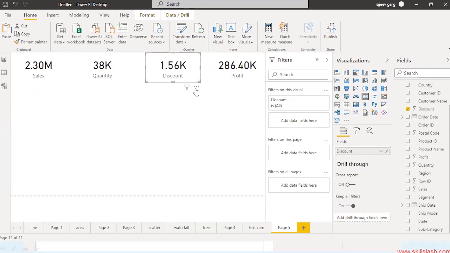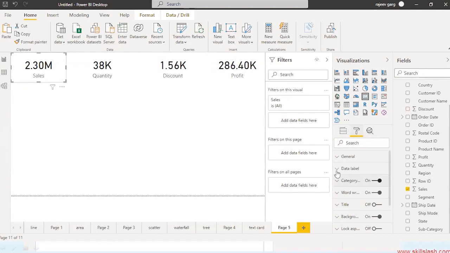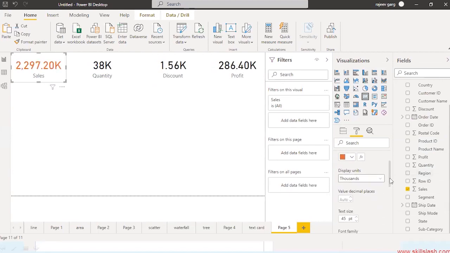Now, as we are putting the numbers over here, it is becoming a number card. Let's see a few of the formatting options we have. So I can go to the card formatting. Then you have the data label. If you want to change the color of the data label, let me try to take it as orange. So you can see that the data label is appearing in an orange color. The display unit, I want to make it as 1,000. So it is appearing as 1,000. And the decimal places I don't want. So I'm getting it as 0. So no decimal places is being displayed. So this is about the data labels.